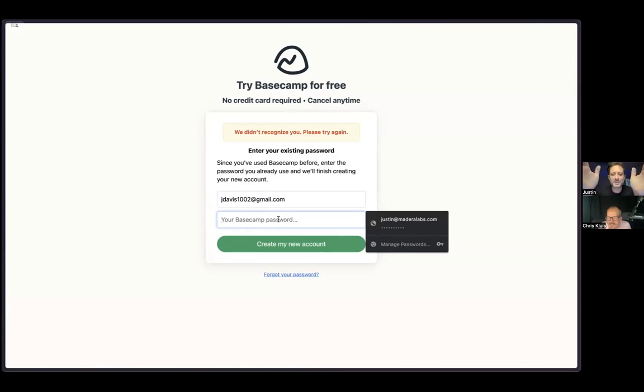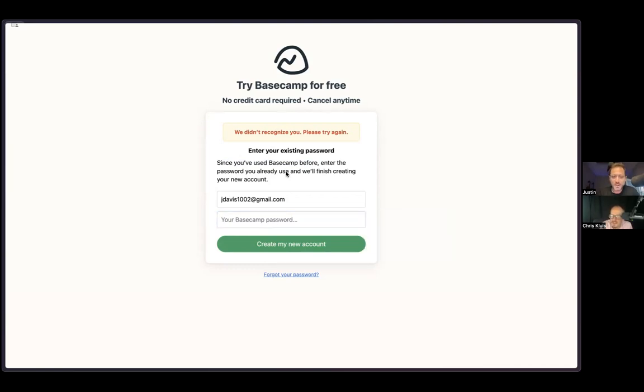Guys, let me just show you something from a UX and copy standpoint that is no good. We didn't recognize you. Since you've used Basecamp before, you recognize me if you know that I used Basecamp before. These little details just absolutely